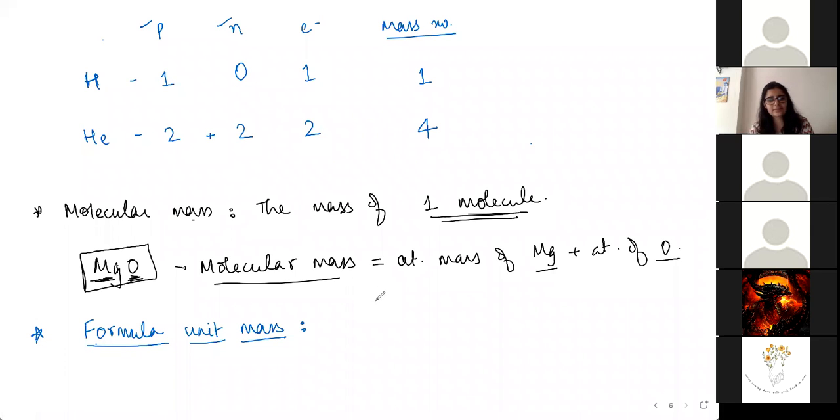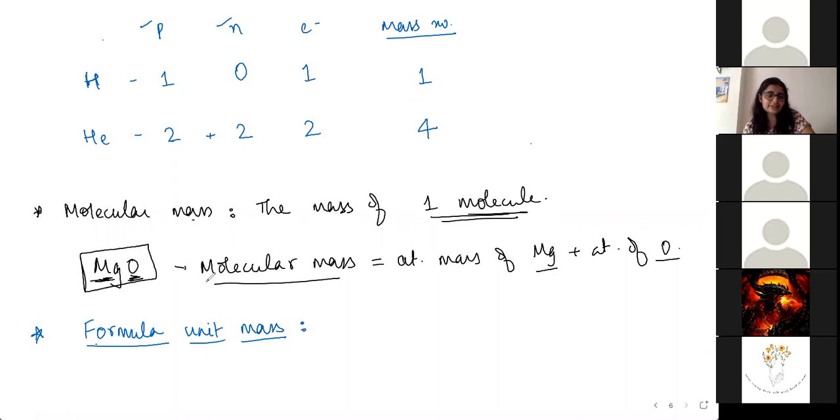Ashka is saying unit of mass, all the masses. What all masses? The sum of all the elements present. Present in what? In the compound. Nice. Yeah, Ashka has gotten it.